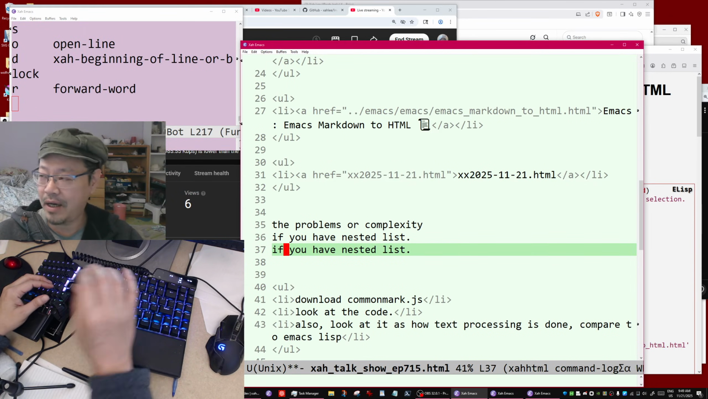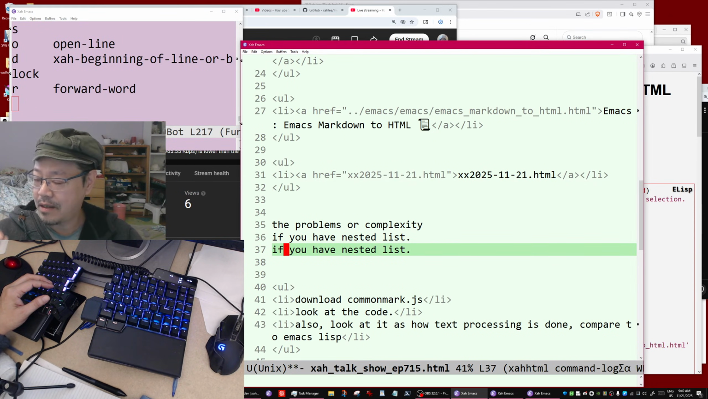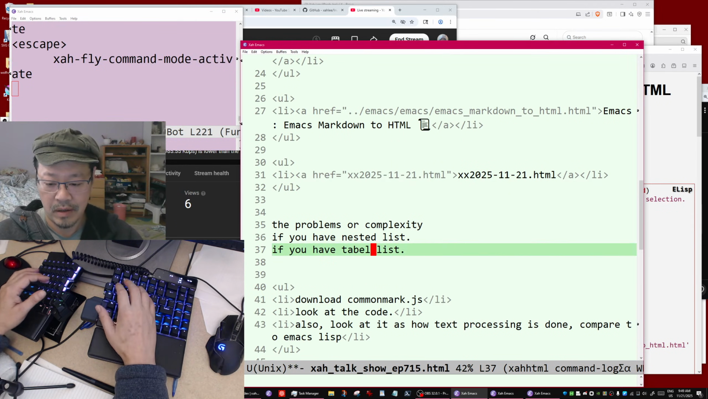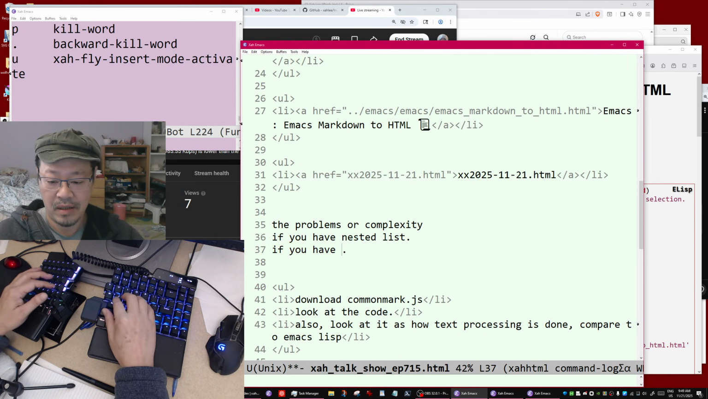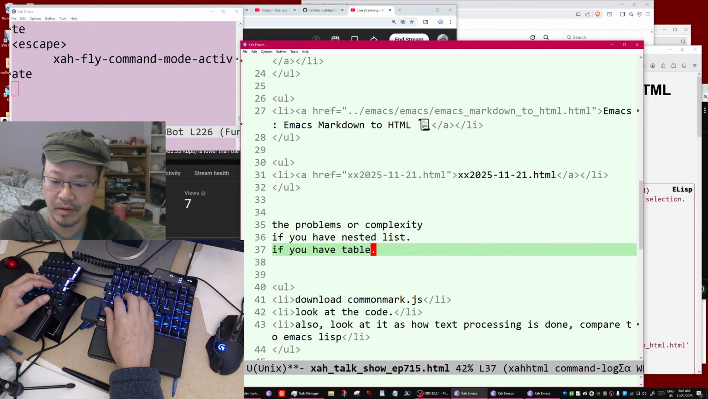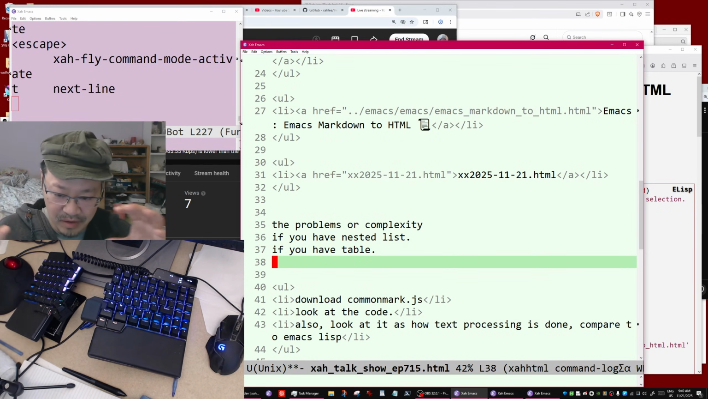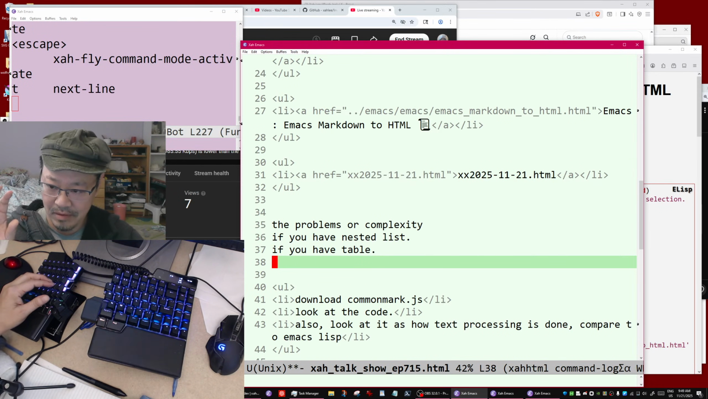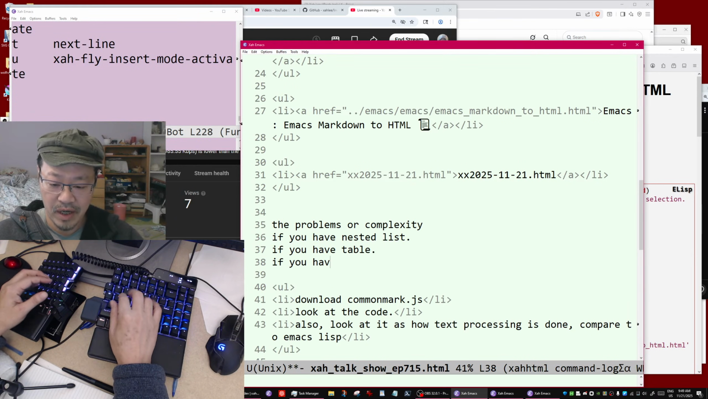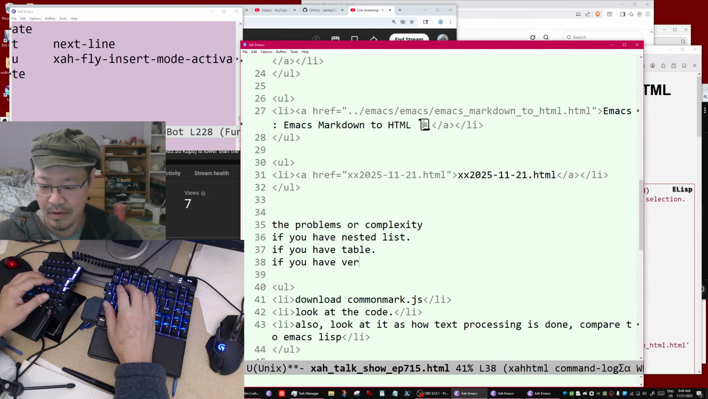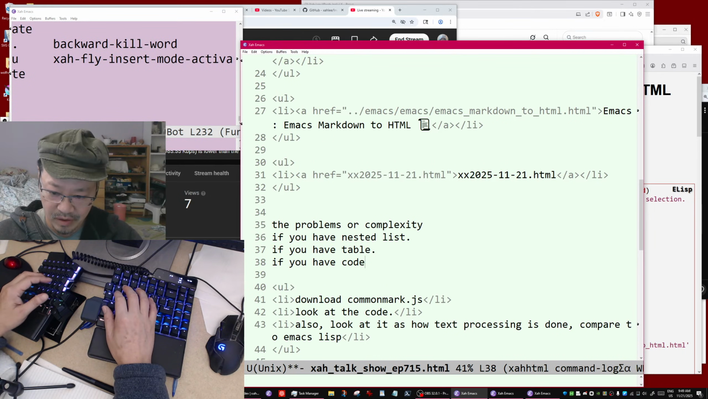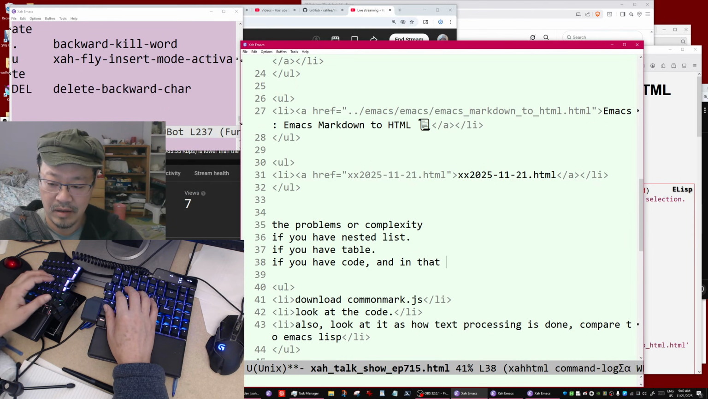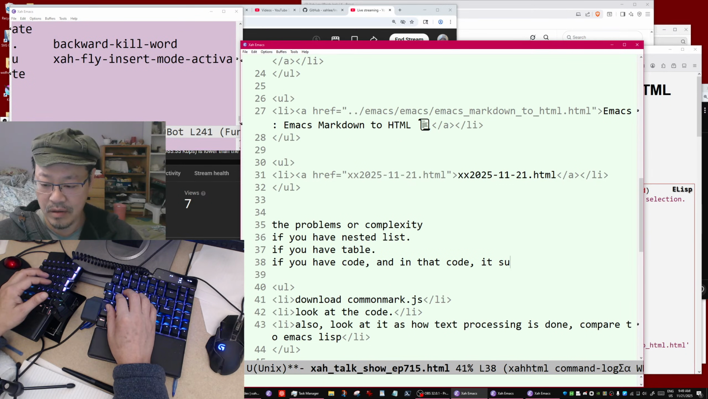Or if you have a table, a Markdown table, that's also difficult. Well, not exactly too difficult, but not trivial. And another thing, if you have code, and in that code it uses